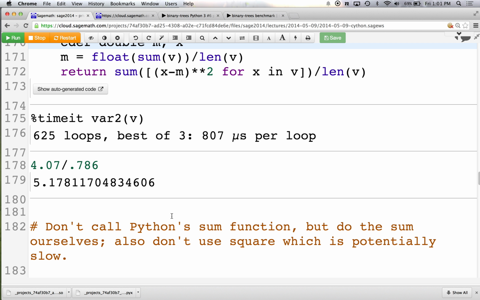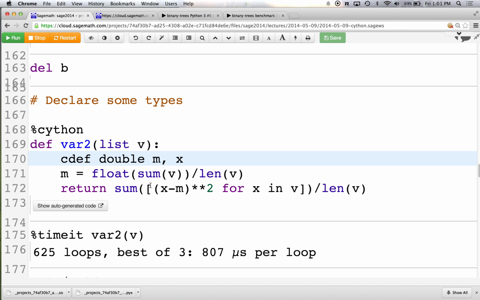So let me show you right here, we're calling Python's sum function. Right there. And that is probably causing us a lot of pain. So let's get rid of that. What this does is it takes our list. Python then has its own implementation of sum up the entries in the list. Maybe that is expensive. So let's just write our own sum. It's going to be ugly. Certainly be more than 3 letters long, but it'll allow us to completely avoid calling Python's sum function. Because that sum function is calling probably plus over and over again. The sum function in Python doesn't know that every single thing it's going to be summing up is a double.